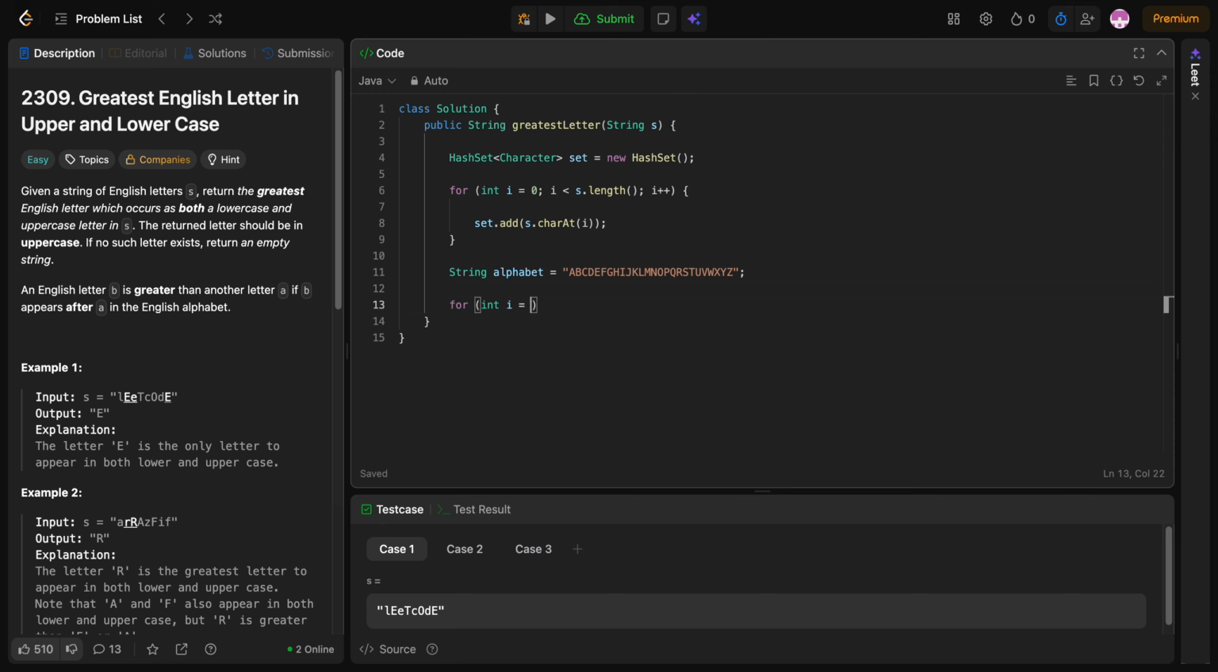For int i equals alphabet dot length minus 1, i is greater than -1, i minus minus. So basically we are iterating through this alphabet backwards. So we're going to start at Z. So now if set dot contains alphabet dot char at i